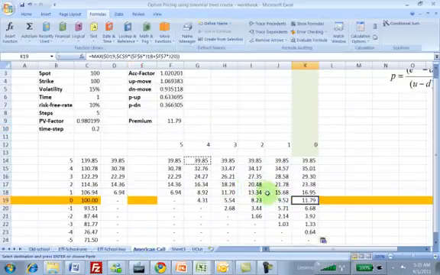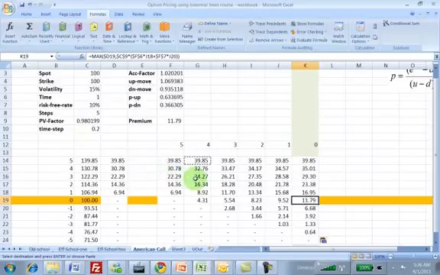The reason why there is no change is that for a non-dividend paying stock, it is not optimal for you to exercise a call option earlier. For a put option, it's a different story. For a put option, in certain areas, it is optimal for you to exercise early rather than wait. So if I were to quickly review this, all we've done here is